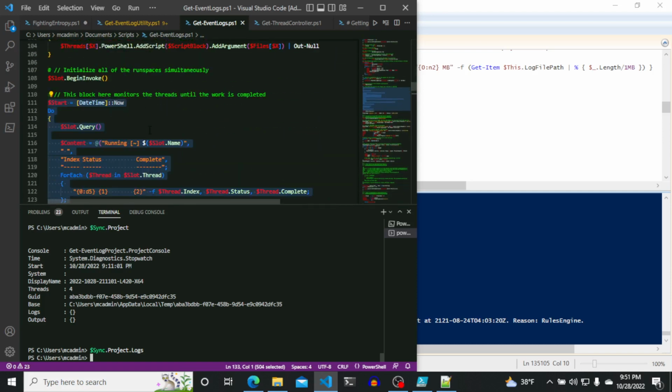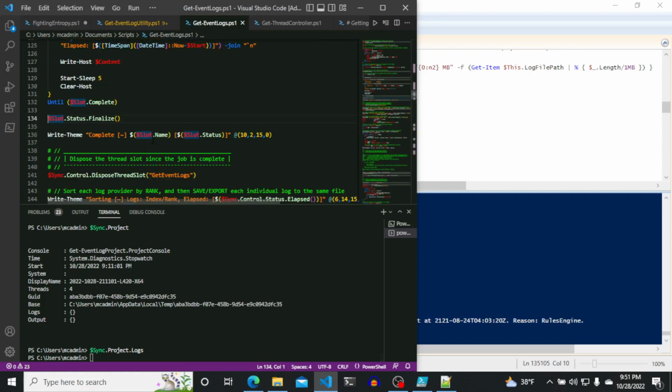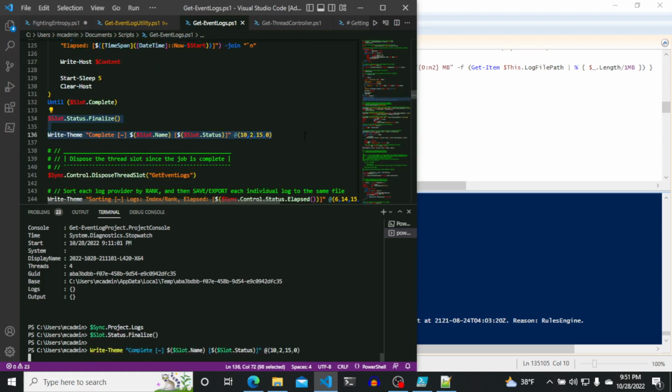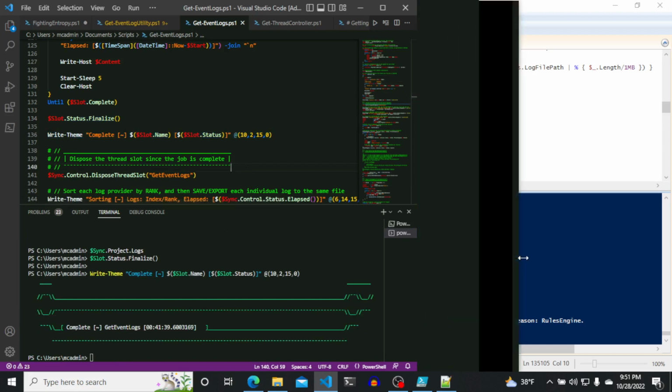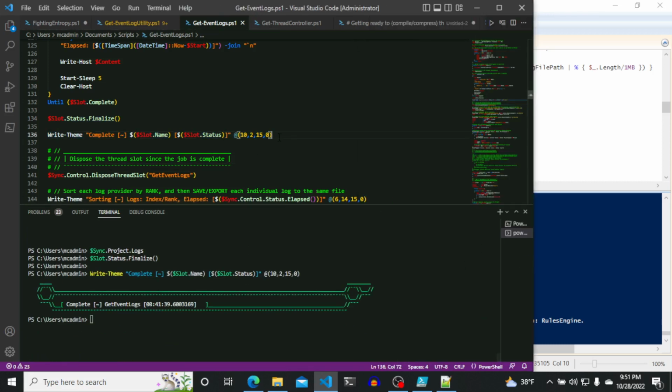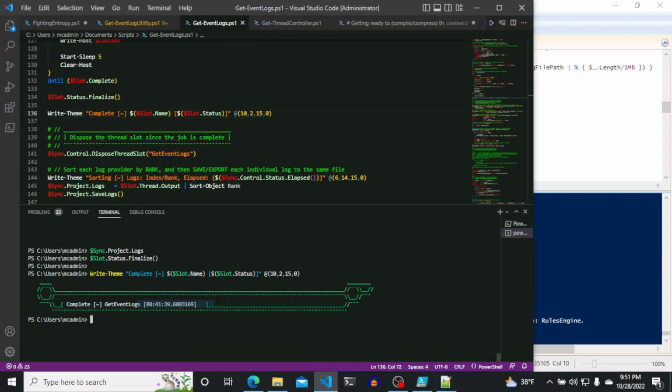So I ran all that, and now I can finalize the information. Right? So it's not supposed to take like 40 minutes, but obviously the computer's being taxed quite a bit. And now I can expose that thread, and the thread's been returned, so then I can go back into